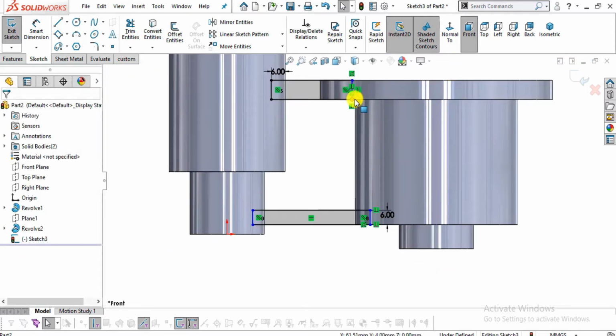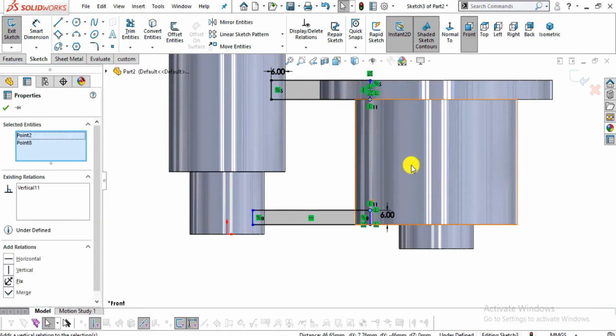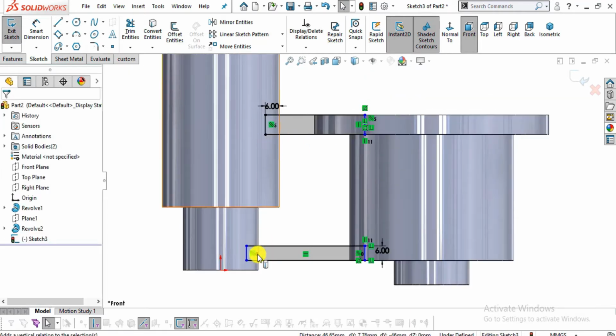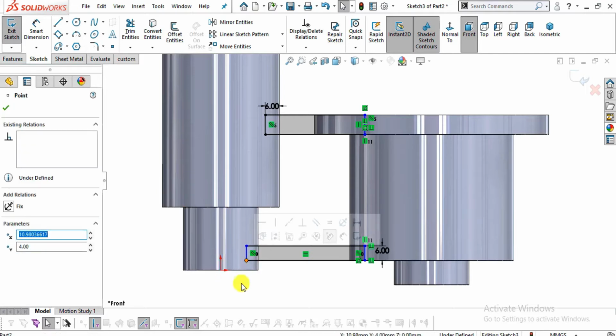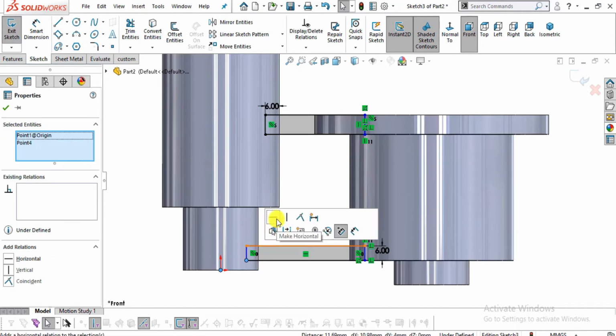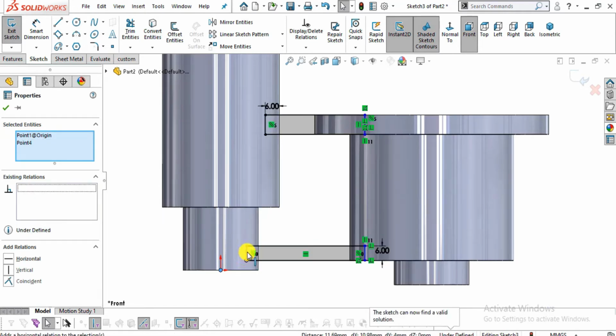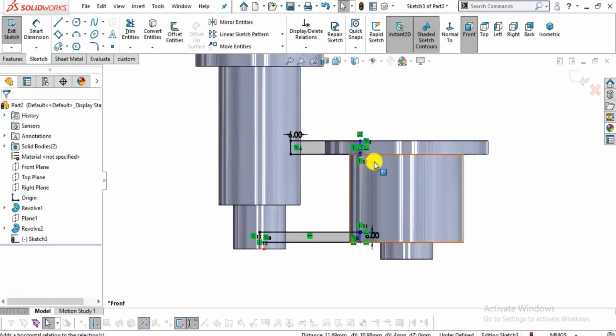Now I will add one more relation. I will select this point, Ctrl-select this point and make them vertical up to here. Now this will be up to the mid, so I will select this point and select this origin, select this point, make them vertical like this.